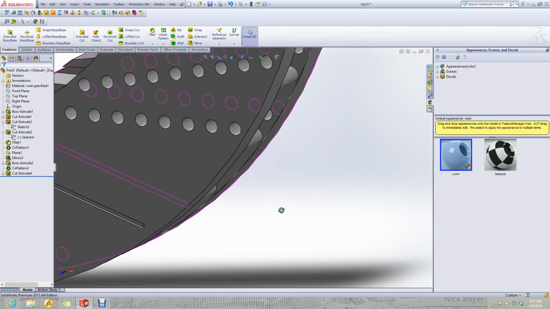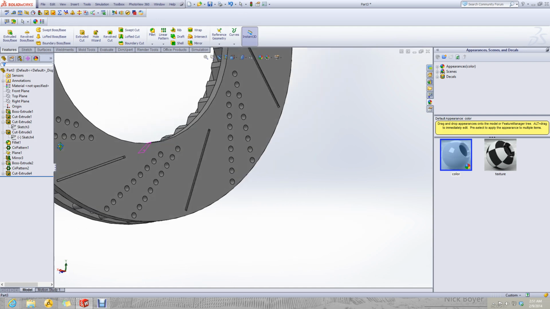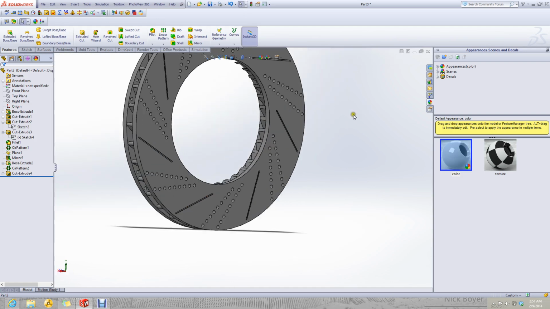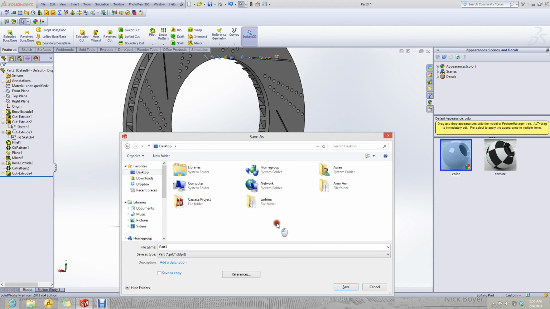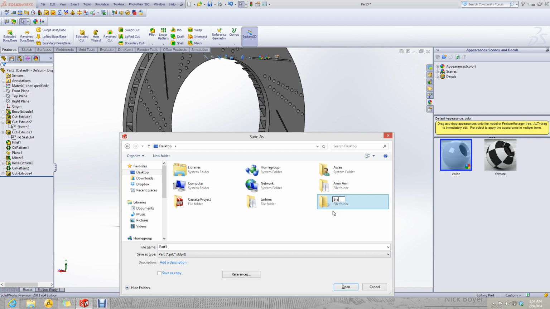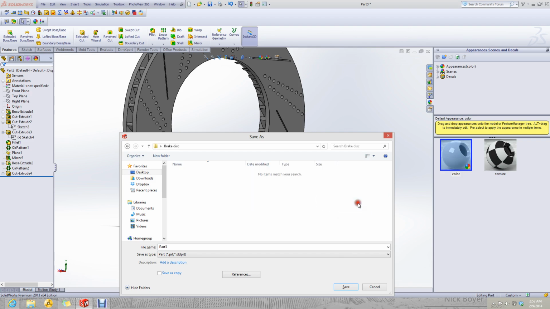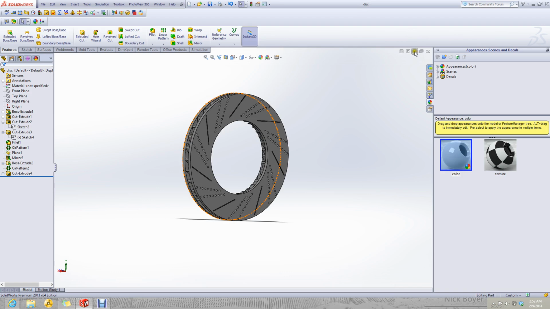So that it is not intersecting here anymore. Now I will save this part, desktop, break disk, this is done. One feature remains.